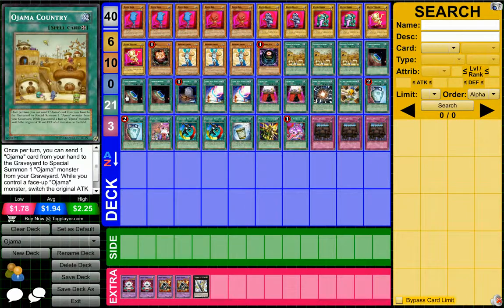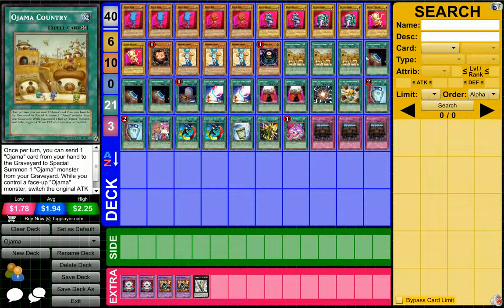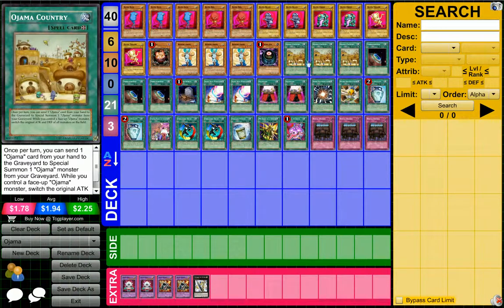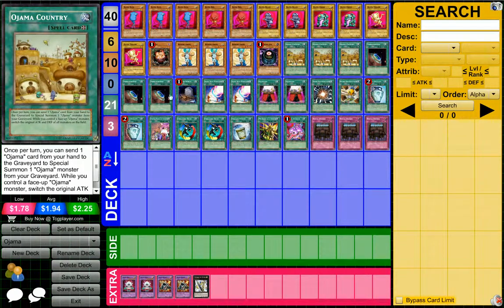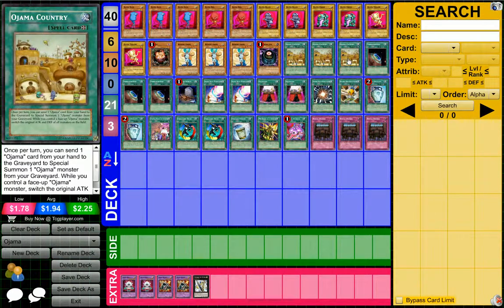And then I have three Terraformings. At first I was thinking I'll run three Countries and maybe one or two Terraformings. But then I thought you need to get this card as soon as possible. It doesn't matter if you have Ojama Blue, it's like the only way to search it out. If you could draw it, I thought it would clog my hand, but no, this is way too important because